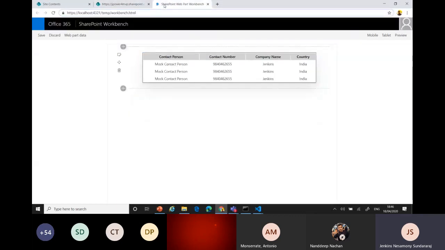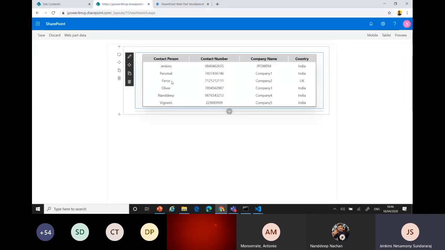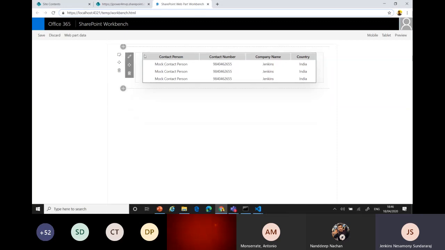Initially we didn't have an option to do it in my SharePoint site. We needed to create one workbench in my SharePoint document library, and do the testing. That was a lot of work. After that, Microsoft introduced this one. Before that, the only option we had was mock data. There we can create that. Okay.